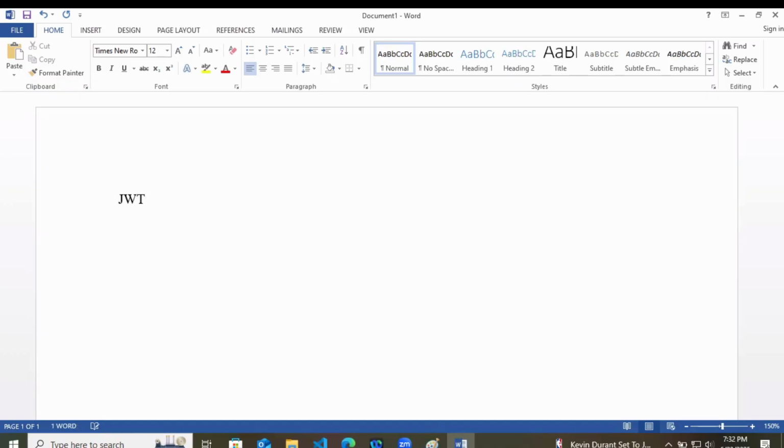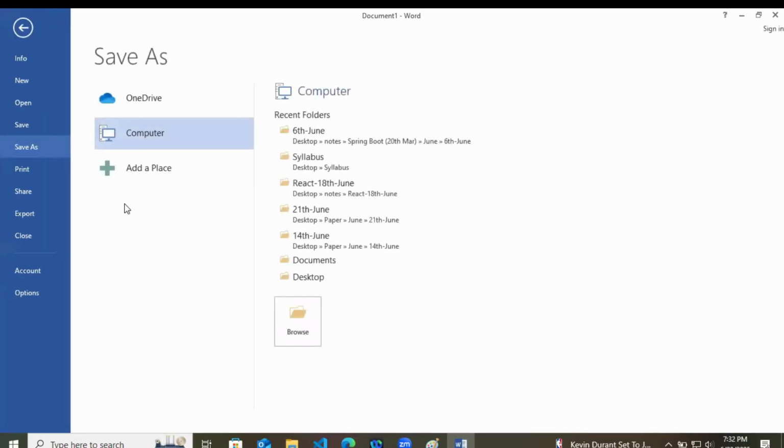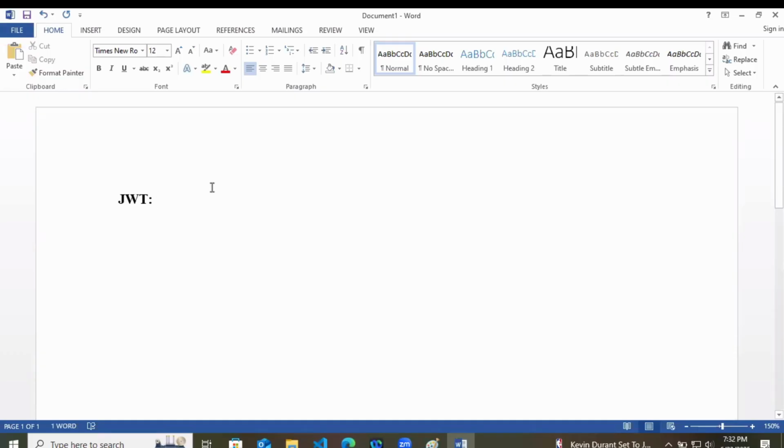So we are going to discuss JWT, and it is a bit complex, but we'll go slow and understand it. JWT stands for JSON Web Token, and JSON itself stands for JavaScript Object Notation.